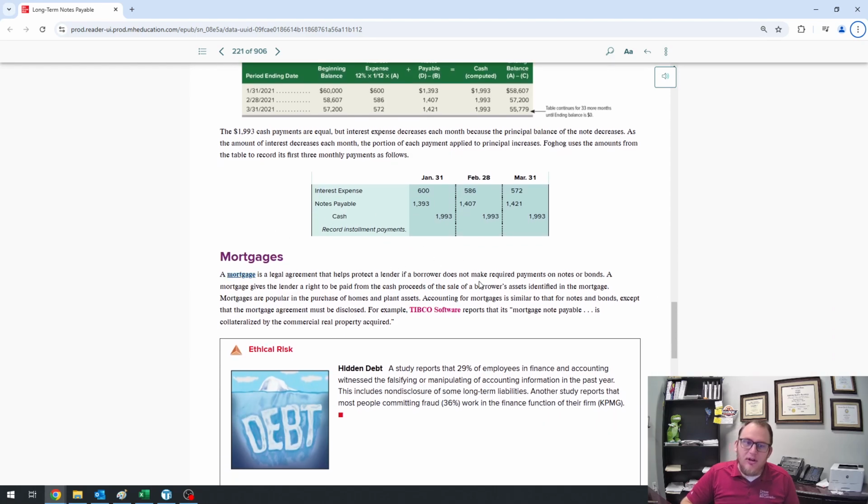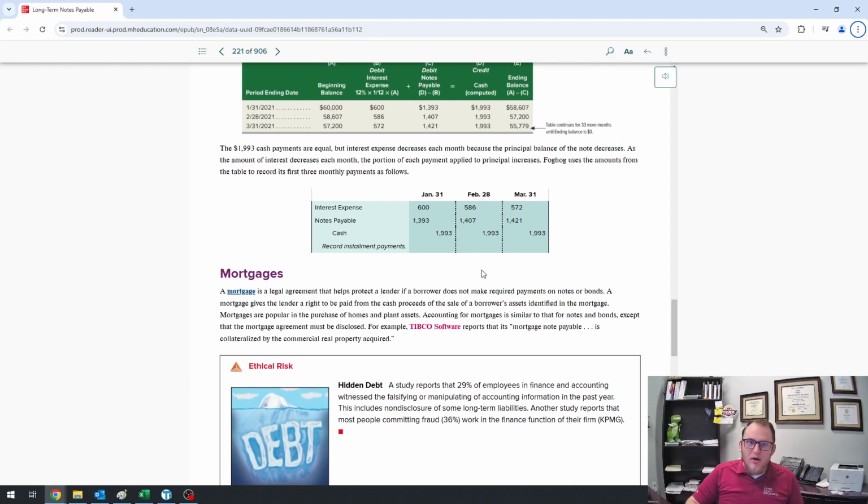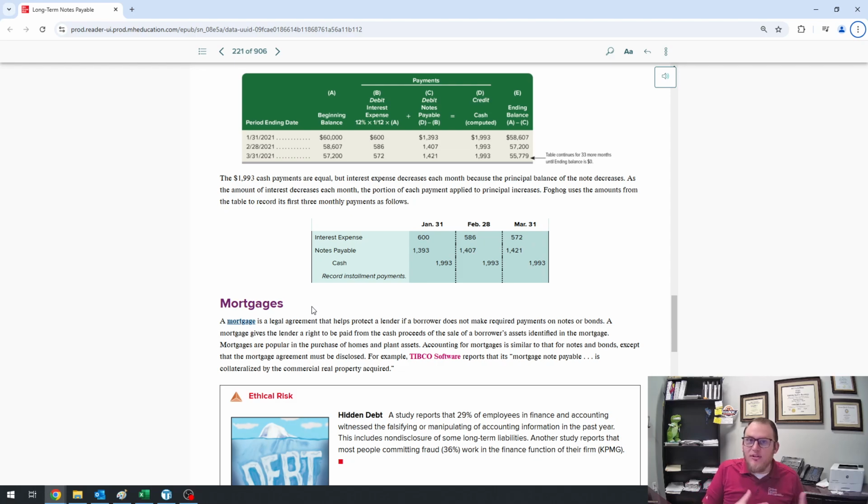The last little bit is going to be a mortgage. A mortgage is exactly what we've been talking about, where these amortization schedules for monthly payments can be applied to the mortgage as well, except a mortgage is just a special type of note payable that gives the lender the right to be paid from the cash proceeds of the sale of the borrower's assets identified in the mortgage. That's why when you buy a home, you have a mortgage, because in the contract, the bank retains the right to say, if you don't make payments,